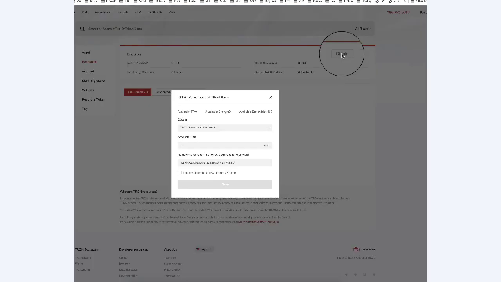So I can go to obtain, and obtain is basically now called staking. It was called freezing, and we can freeze for Tron power and bandwidth, or for power and energy. We could do either, since you need some of both. Most of the time you do get more bandwidth than energy, so you might have at least 50 to 100 in here, the minimum. Make sure that your address is here, and then you have to confirm